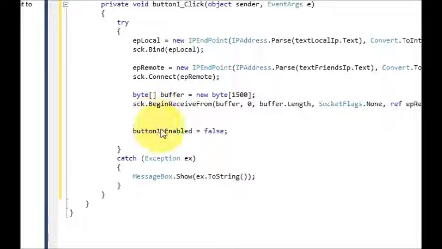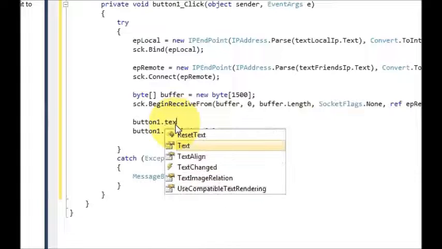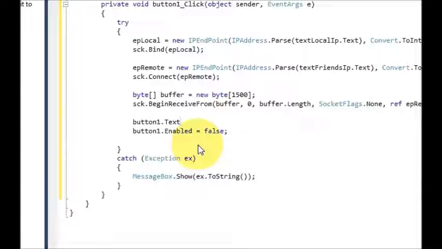And we want to set the text of this button as connected also. So copy this button name once again, dot Text is equal to connected. What this will do is it will show the message that our port